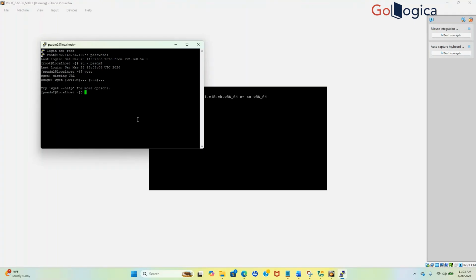Now type wget, space, hyphen, two times hyphen, dash. No space. And then hyphen again. Then type check without space, CHECK. Then again hyphen, certificate, CERTI, certificate. Yes. Space, HTTPS